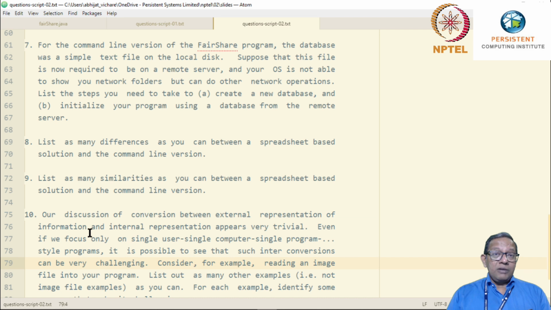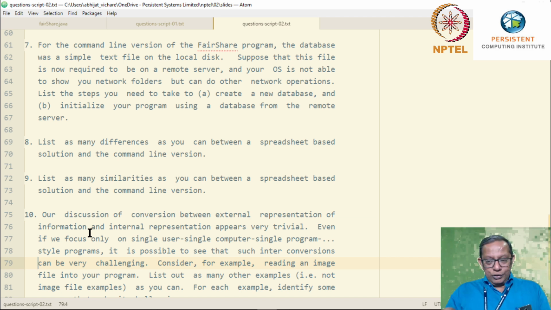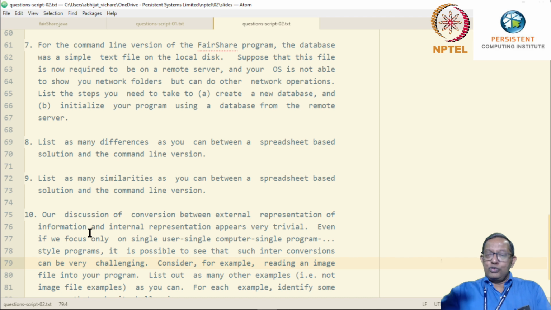And your OS is not able to show network folders. In other words, although the file is on the remote server, on your operating system you don't have a program which shows it to you as if it's a local file. However, your system is able to do networking. It can do network operations, although it is not showing you in one single folder.